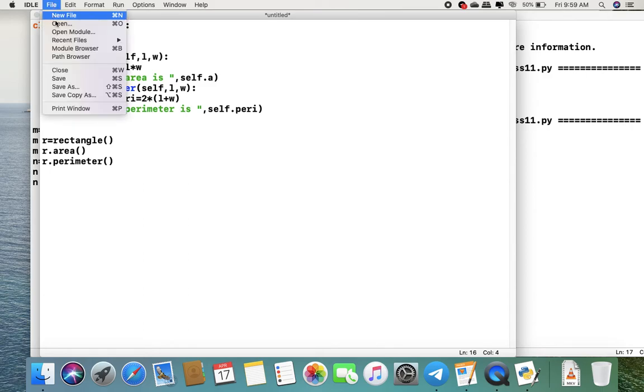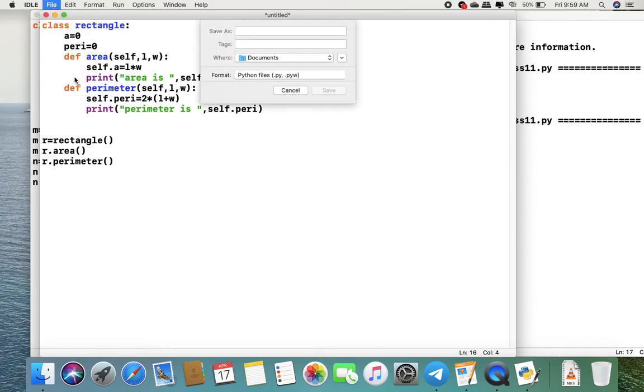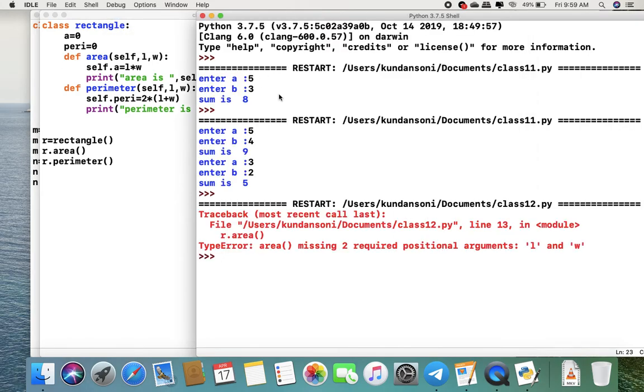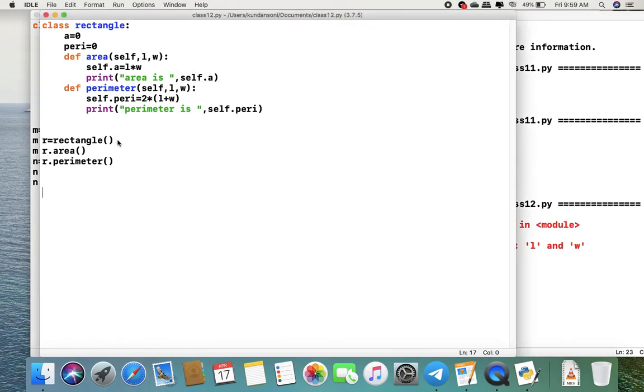Now I save the program. x equal to 0 and y equal to 0.